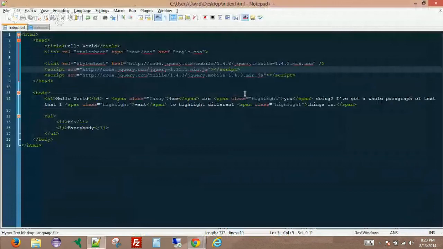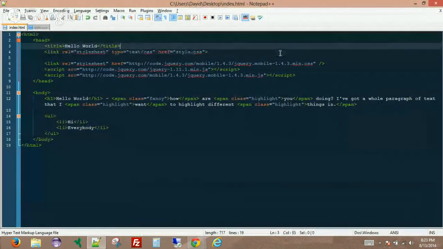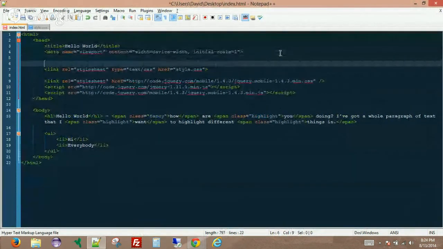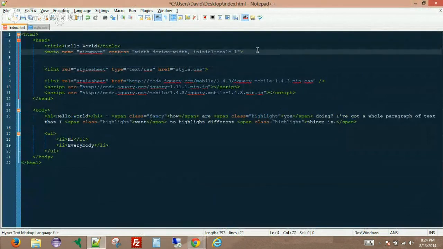So I'm just going to paste this in here below the title. I'll give everybody a moment to type that in. And while you're typing that in, one other thing that I'm going to explain is that in HTML, you